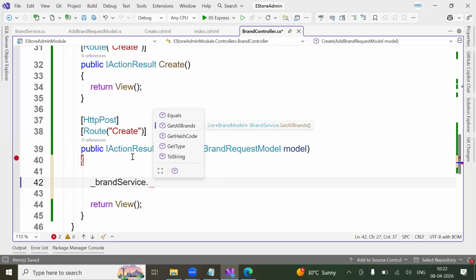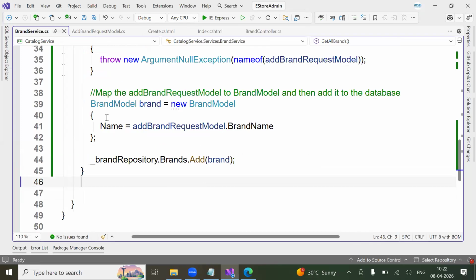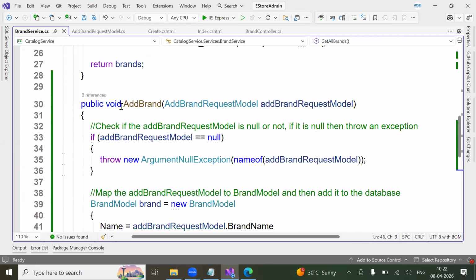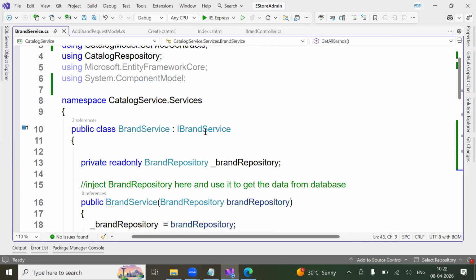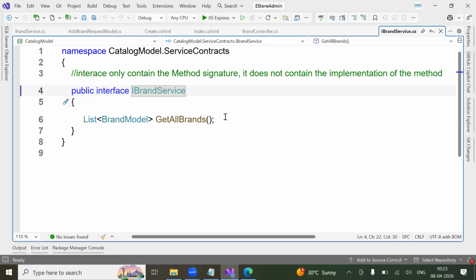Why is add not coming? Okay, fine. I understand. Go to your service. Do we need to register this method in your IBrand service or not? Say yes or no? Yes, we need to register. Go to definition. Here,